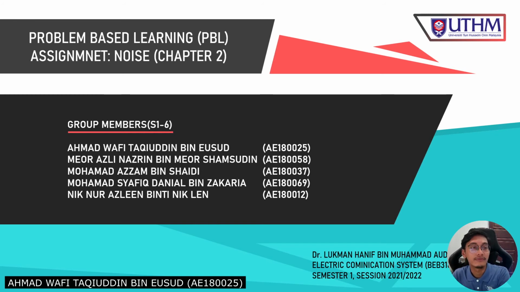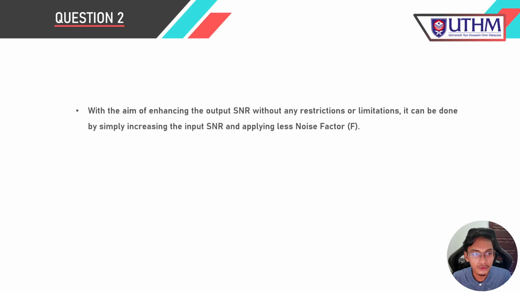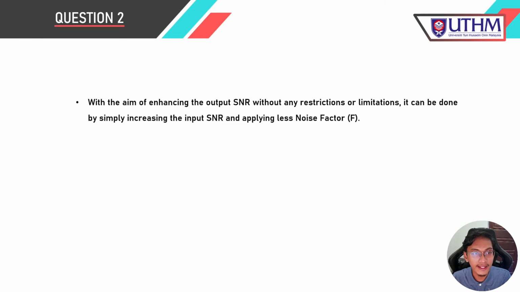Okay, for this particular problem-based learning PBL assignment chapter 2, I will explain about question 2, which is: without considering limitation and condition, what could the group propose to enhance the output? First, we will go to the first point with the aim of enhancement of the output SNR without any restriction